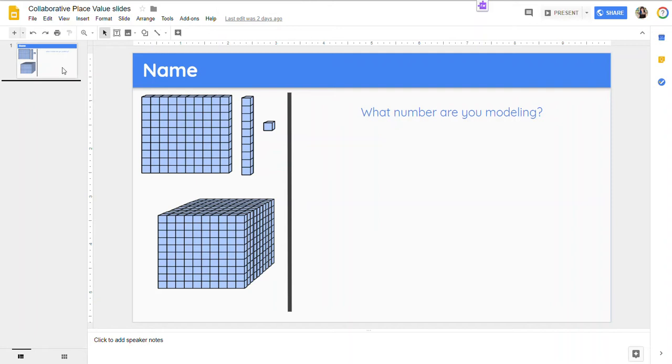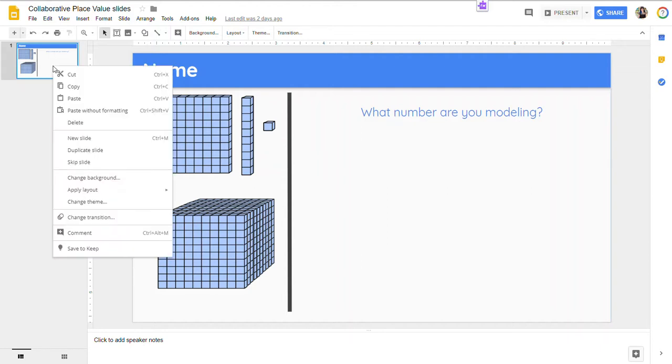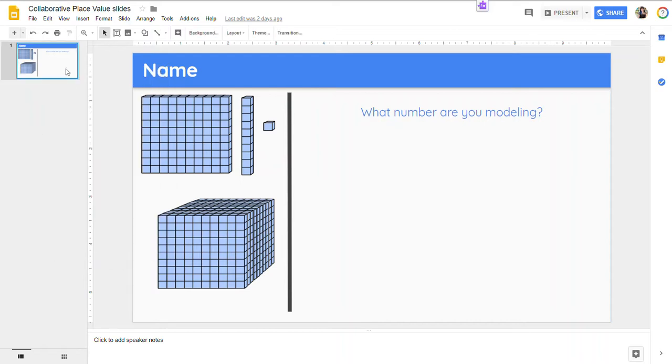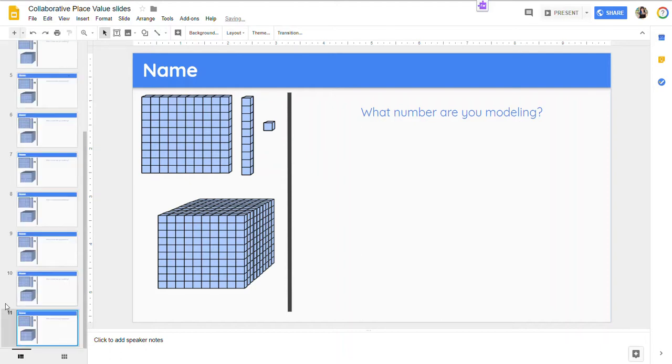of slides. I want to duplicate this slide because I don't want to have to build this over and over and over again. So what you do is with the slide selected on the left-hand side, you're going to hit the shortcut Control-D. Or of course, you know that you can right-click and you can duplicate a slide. I just really like shortcuts. So I'm going to go through and I'm going to start duplicating my slides. And I'm just hitting Control-D over and over and over again until I have as many slides as I need